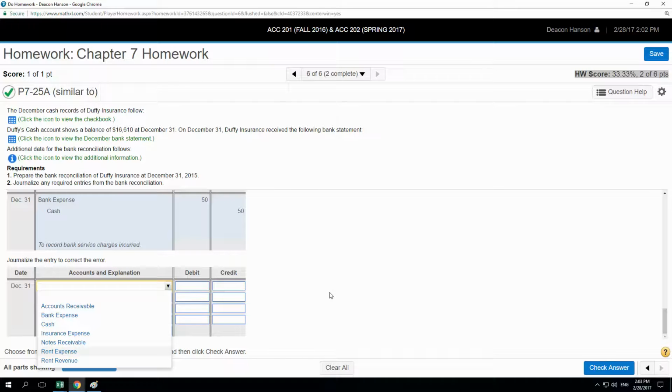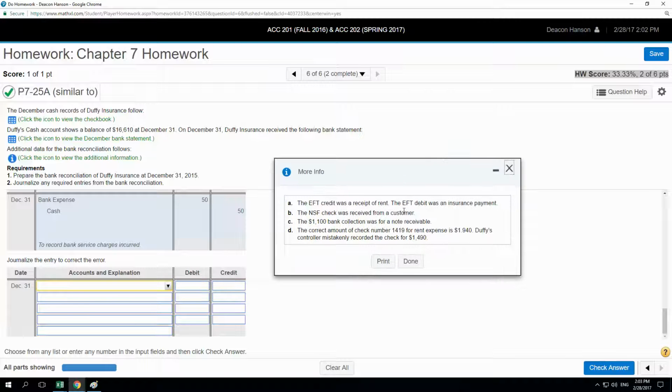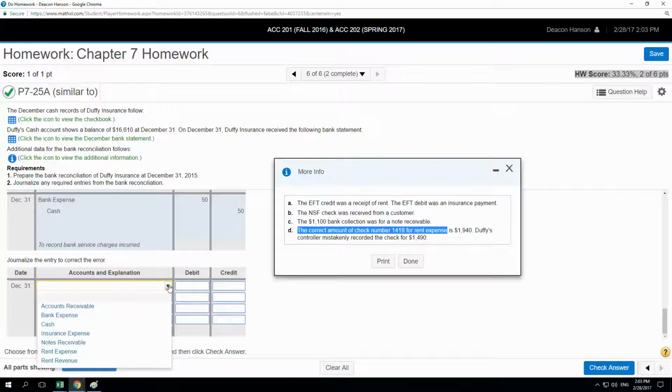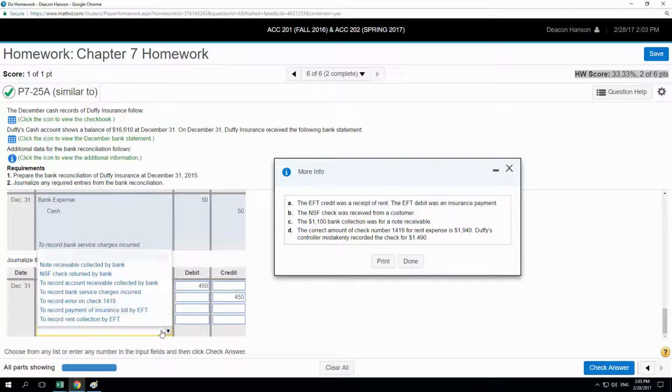Rent expense. Was it for rent expense? That's what mine says. Yes. Okay, so we don't have to put it to AP. We can put it to rent expense. So the 450 difference will go to rent expense, 450, and then a credit to cash, 450. And this is to correct